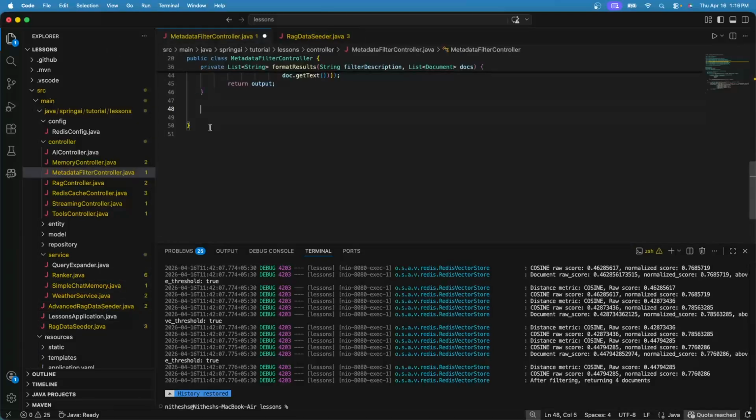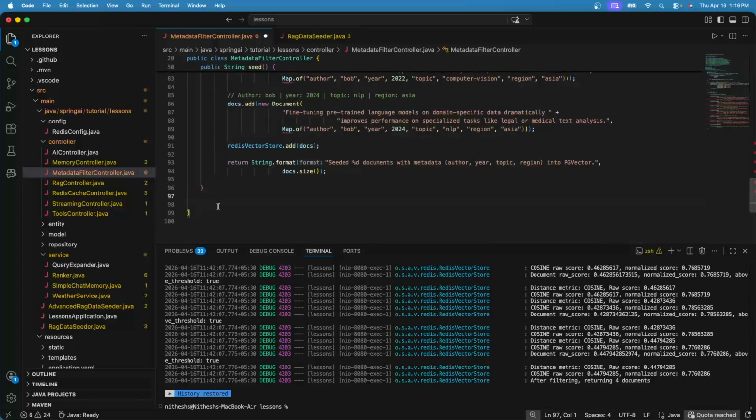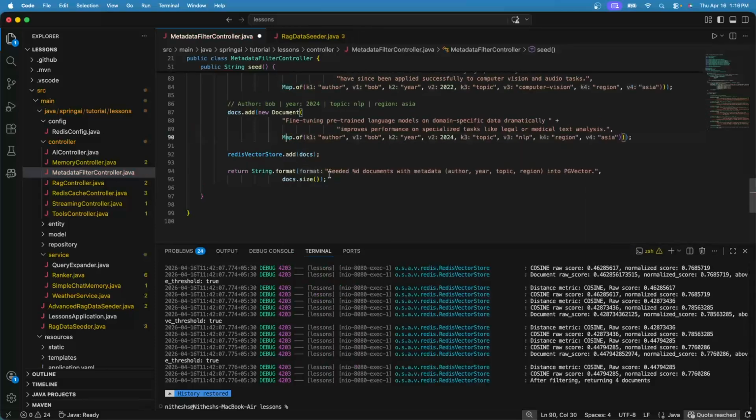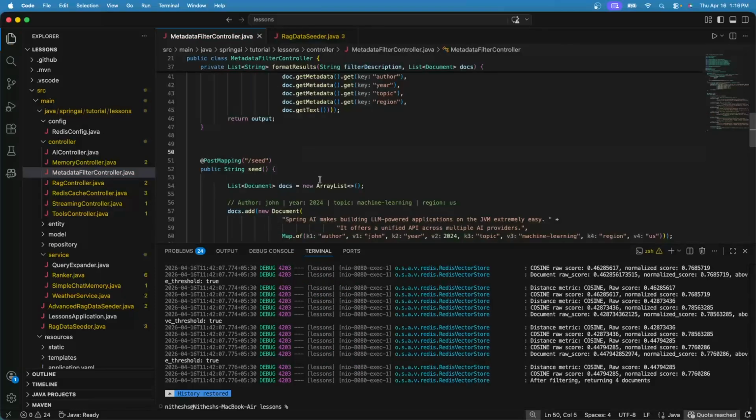As part of preparation for this tutorial, I have already defined a post mapping so that we can use this post mapping whenever we want to load the data, not every time we start up the application. So this API looks more convenient than loading the data during startup.